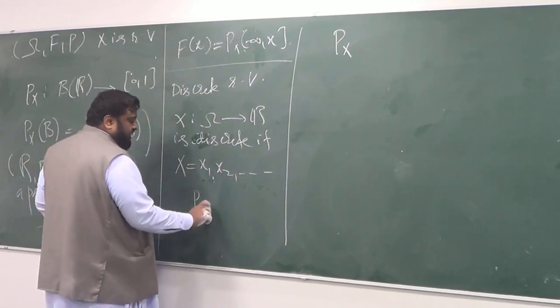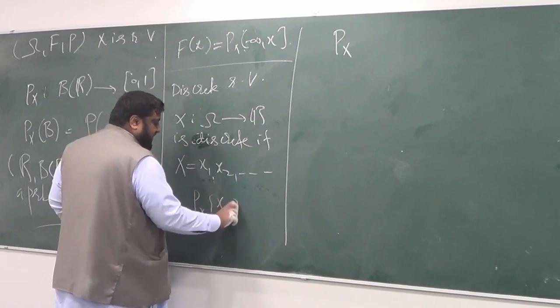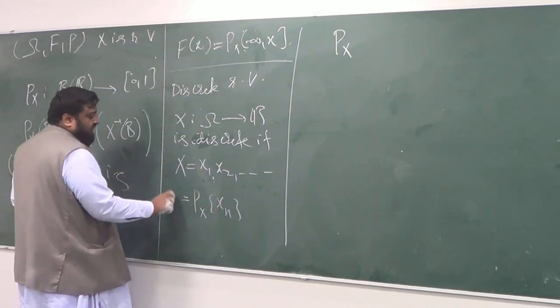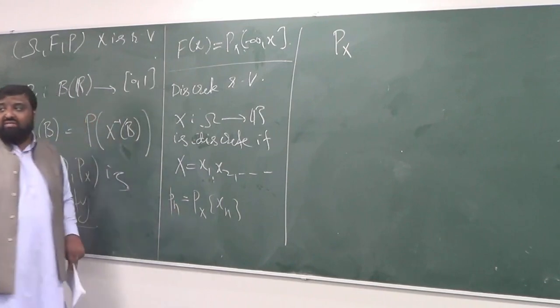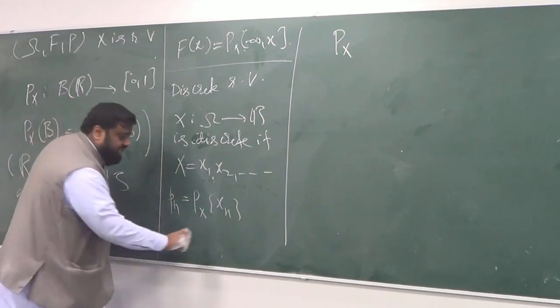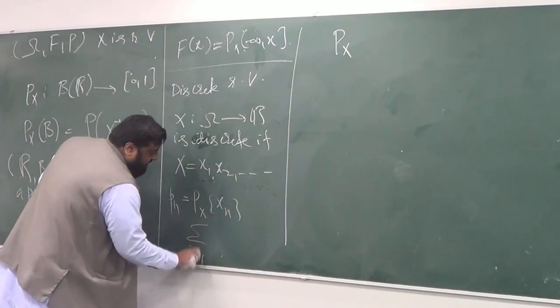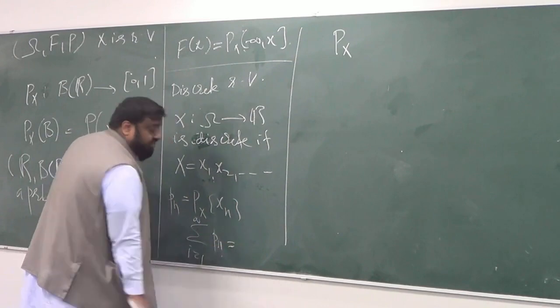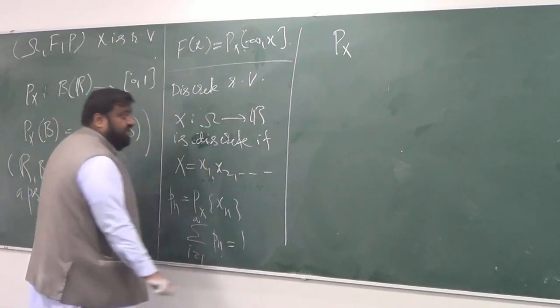Px operated on the xn, to each value. I can call it Pn. But these Pns are such that if you add them up to infinity, you're going to get